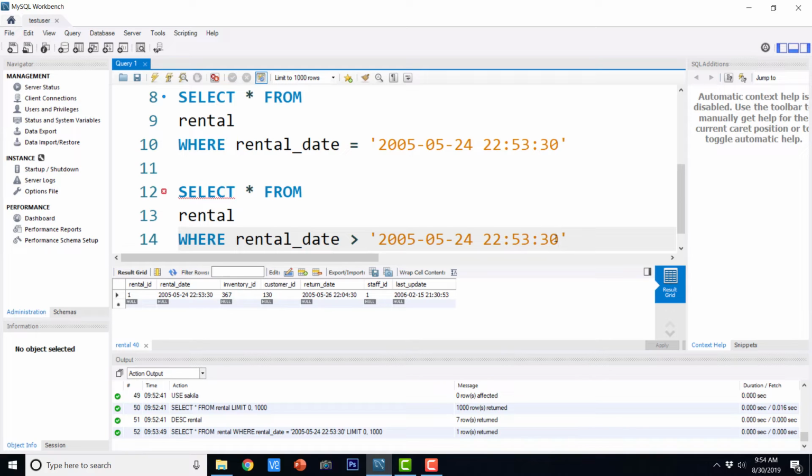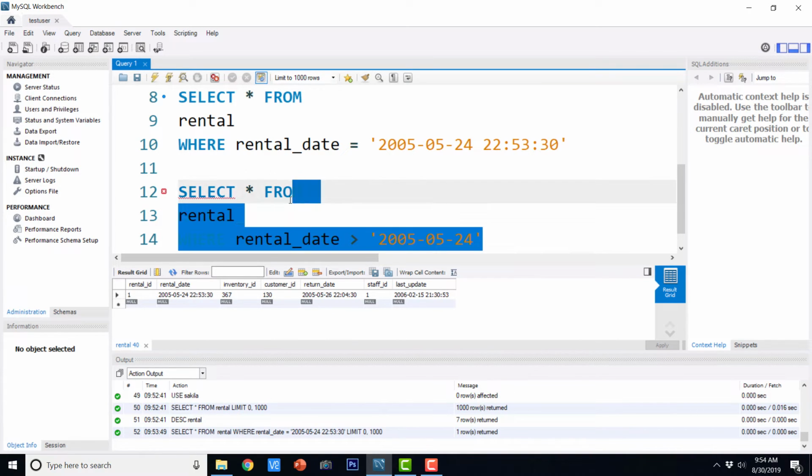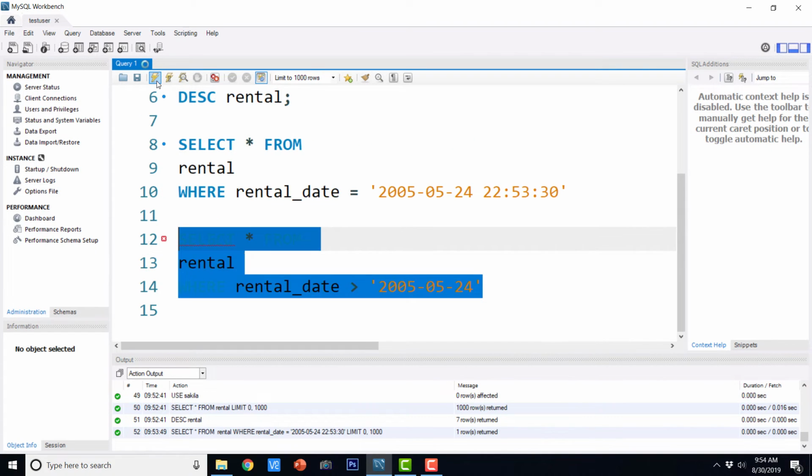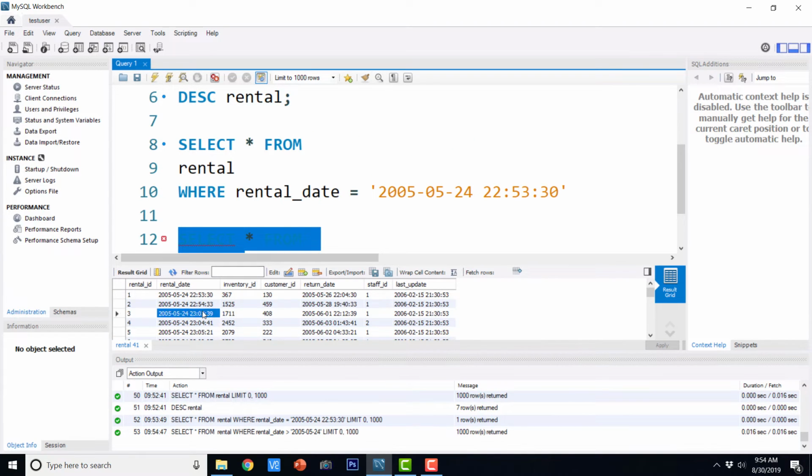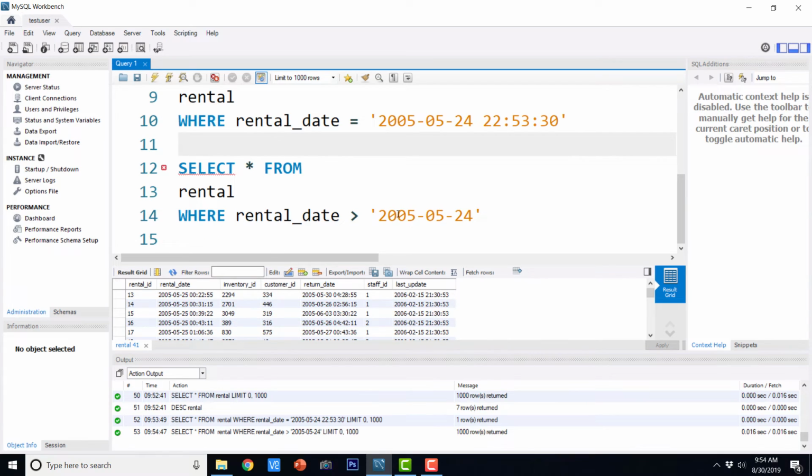If you specify this particular string, it is going to recognize it as a date. So I'm just going to go ahead and execute this query now. It doesn't have an equality operator, yet it is going to return us records because any datetime that is greater than this particular value is going to be returned in the result set.